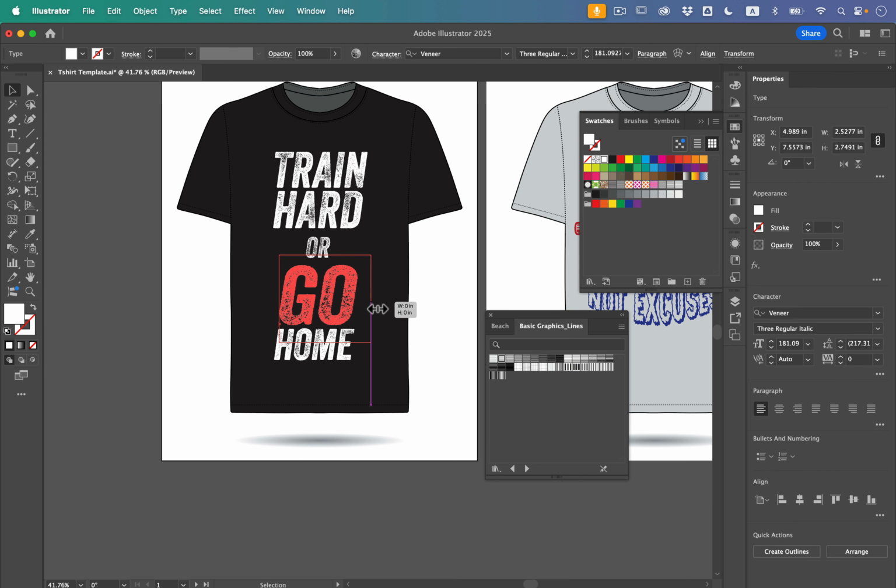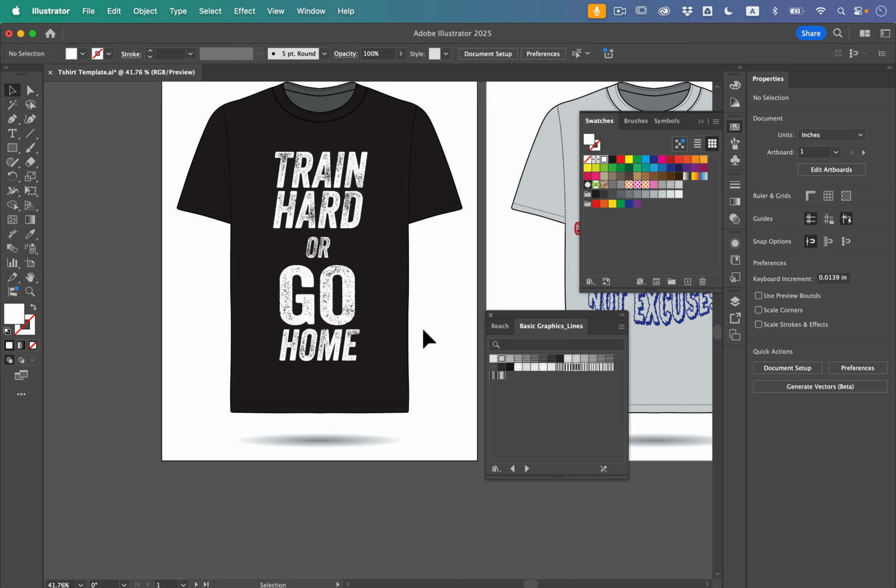And maybe for this one, I'll stretch it out and not make it be italicized. Go and home. That looks good. Now for these, I could either add some solid colors, but let's see if we can play around with some